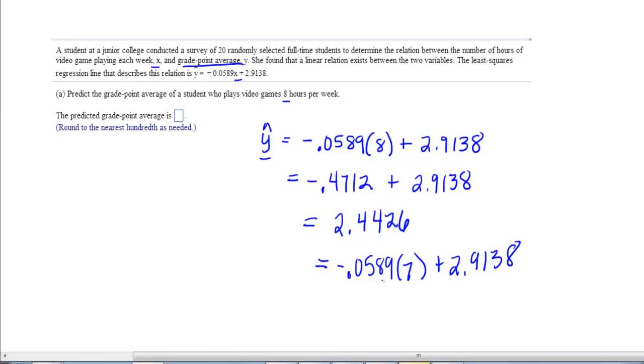And then we multiply the negative 0.0589 times 7, and I'm coming up with negative 0.4123, and then plus 2.9138. And then I'm coming up with, let me write it up here since I'm out of room at the bottom, 2.5